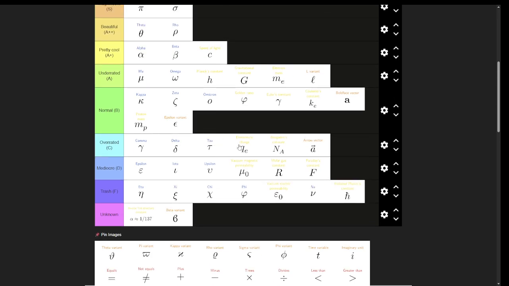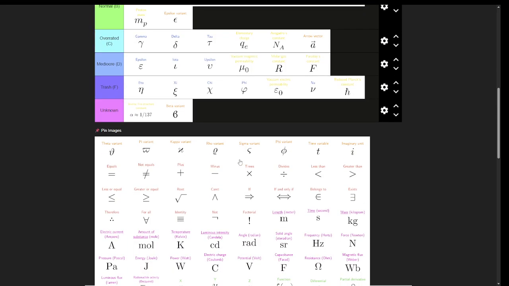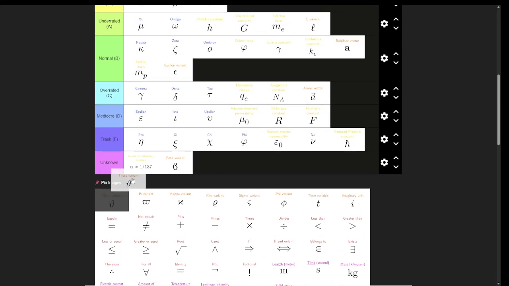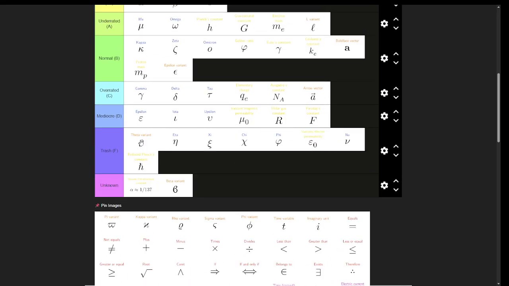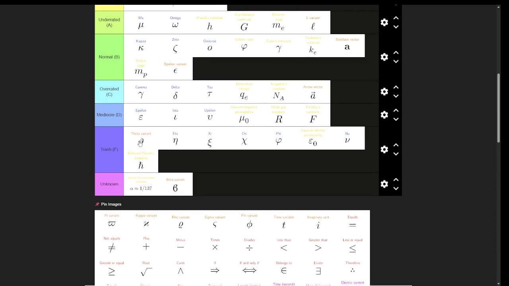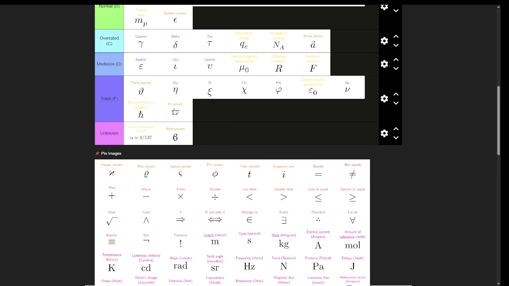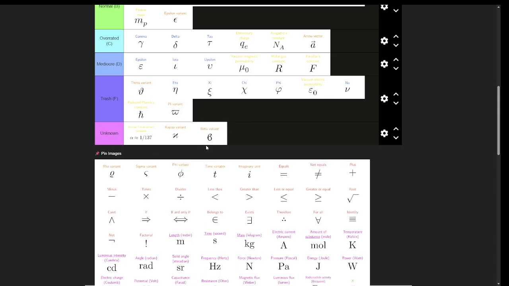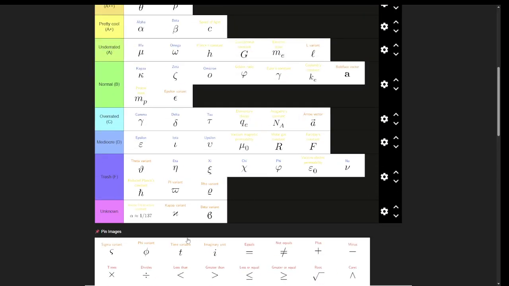I think it's been used a lot. I use it sometimes whenever I need to signify something, and yeah. Now the theta variant is absolute trash. I mean, who uses this? This is disgusting. Pi variant, this is even worse. I mean, this should be a trash F-. And kappa variant, I've never seen this in my life. This is the rho variant I'm talking about. The disgusting rho. Absolute trash. The sigma variant,